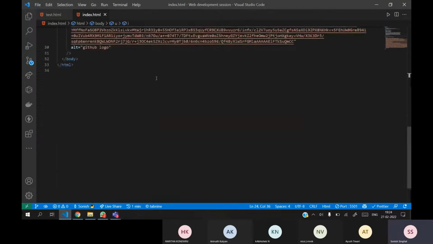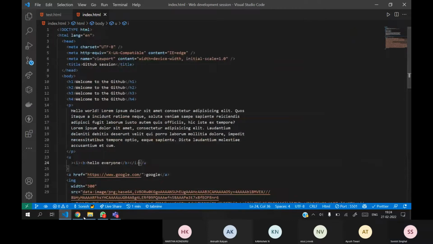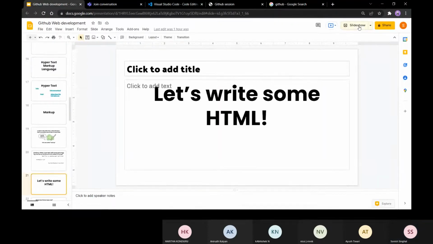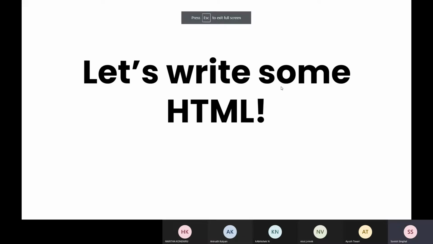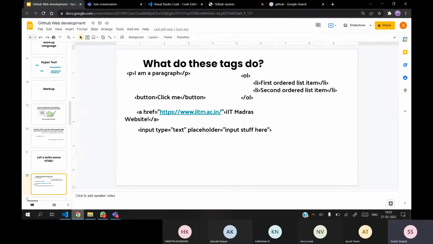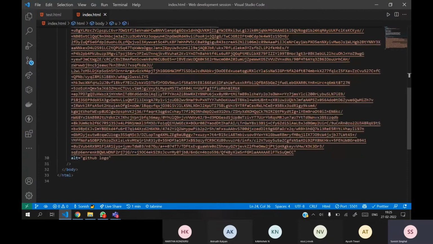So here we can use different tags as well. We have used a paragraph tag and the href link tag, and we will also see the OL and li, the ordered list as well as the unordered list.